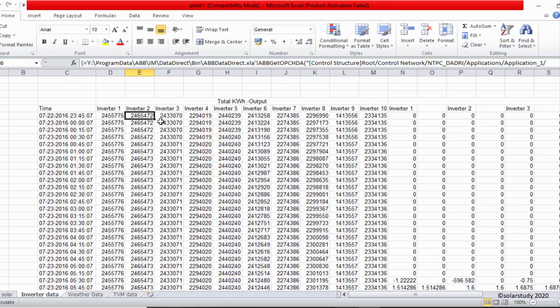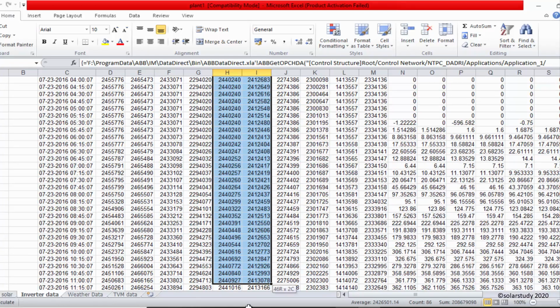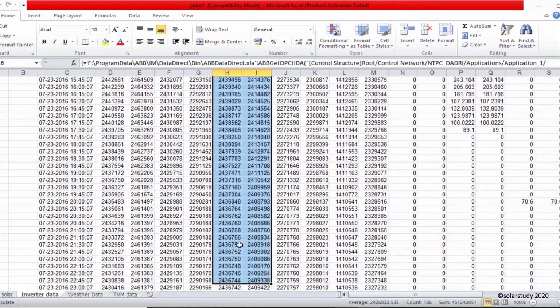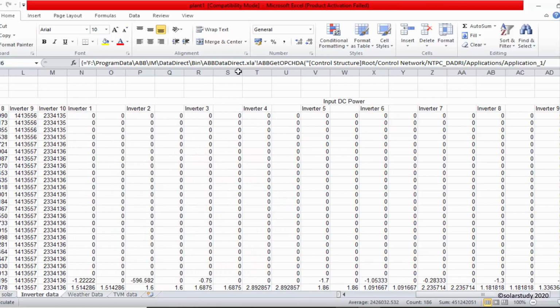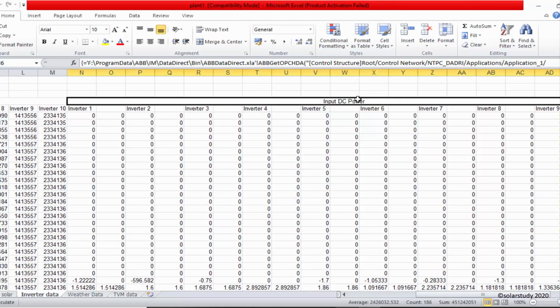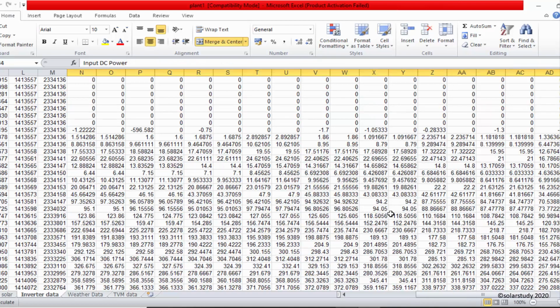So how much power is feeding, you can see here. This is typically the inverter data. Similarly we can see how much input DC power there is.